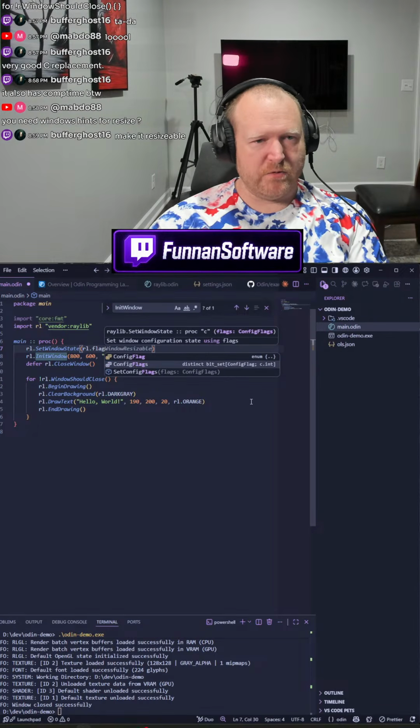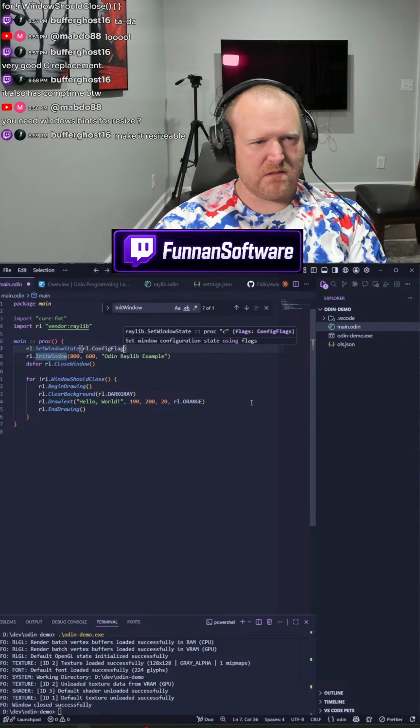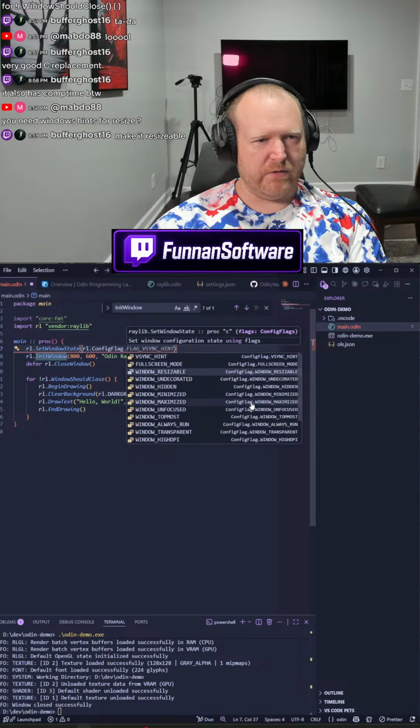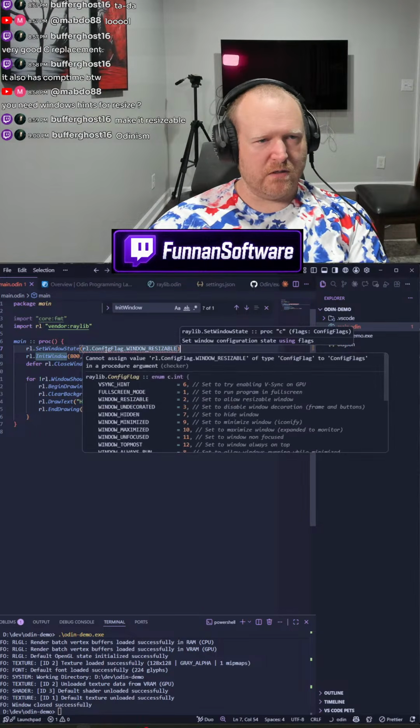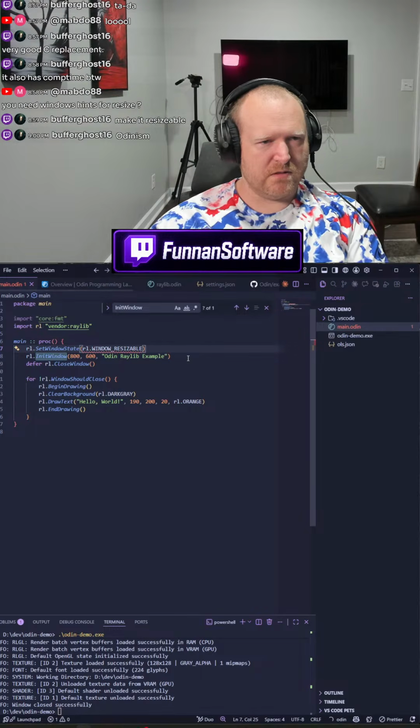Big flags. That's what I'm doing wrong. Okay. I'm used to the C-ism of Raylib, so I don't know how Odin typically treats this. There's a bit set. Is it just config flag? Here we go. Resizable. Nope. That doesn't work. Does this work?